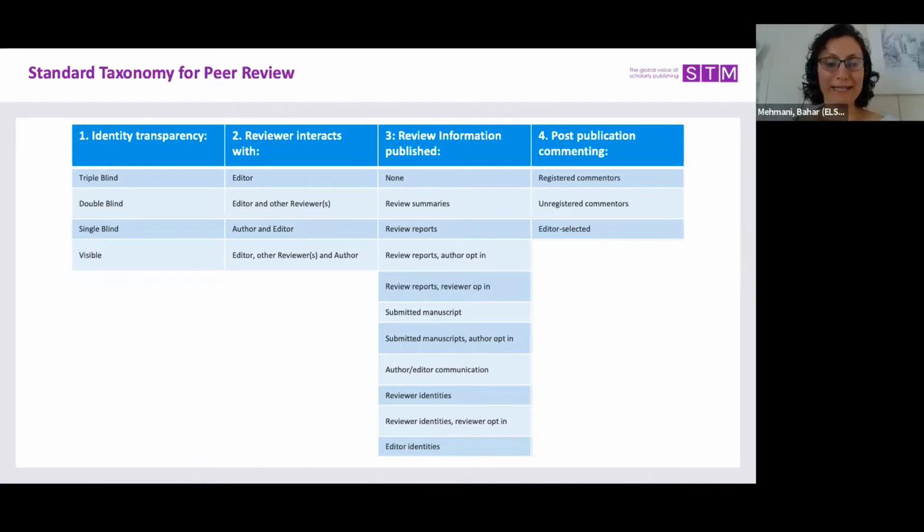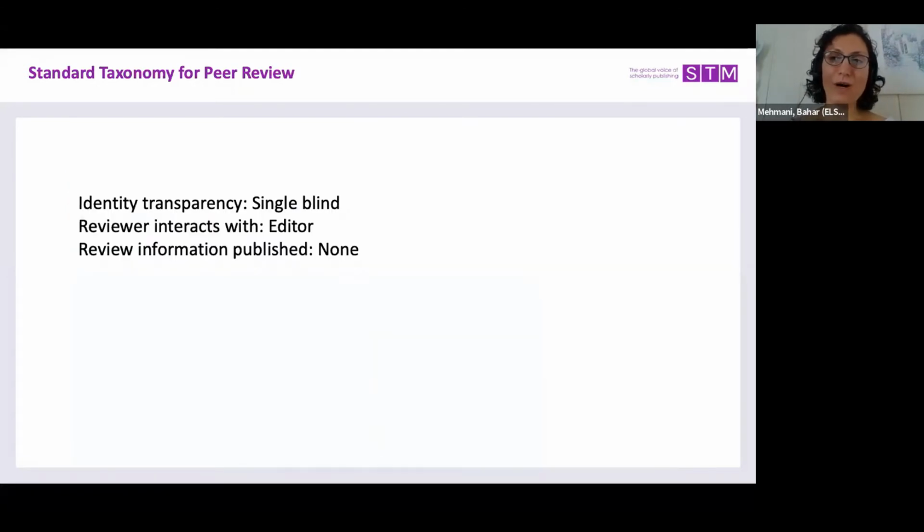Okay, so this is basically in summary what the taxonomy document entails in terms of the 4 different categories. Joris, what is the correct way of using the taxonomy? Let's say from now on journals are going to use it. How best can they use it? Can you give us some examples? Yeah, so as we started the discussion, the project first of all is creating a taxonomy, creating a shared terminology to discuss and describe peer review processes, but it also gives recommendations on how it should be used.